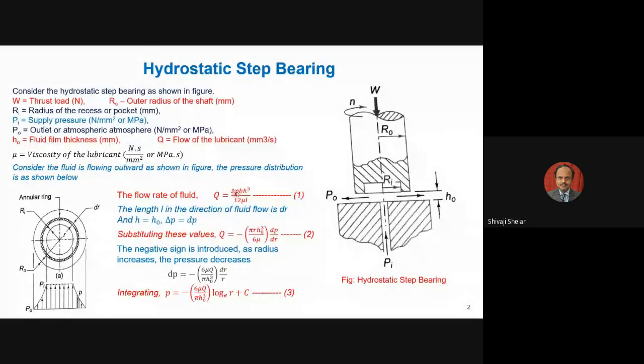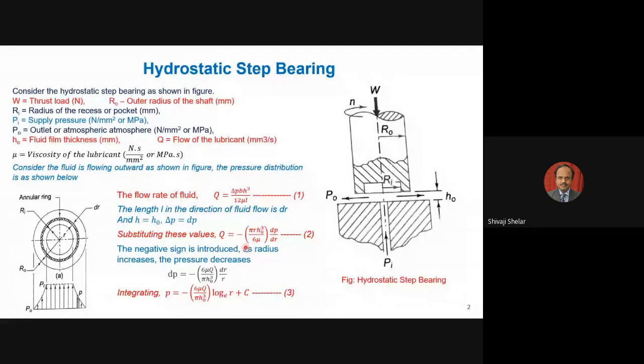So when you put these values here, delta P is equal to dP, B is equal to 2 pi r, H is equal to h naught, mu as it is, and L is equal to dr. So what will we have as the relation here? Q is equal to, dP we have taken outside, B is equal to 2 pi r. When you put 2 pi r here, the 2 will get cancelled with the 12, so we get pi r upon 6. Then h naught cube upon mu. L here is dr, which we have taken outside. So we have the relation Q is equal to dp by dr into pi r h naught cube upon 6 mu.